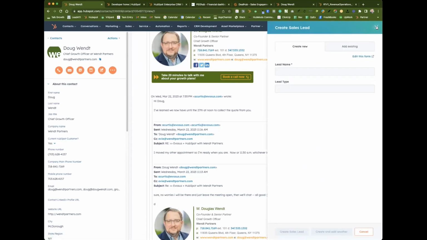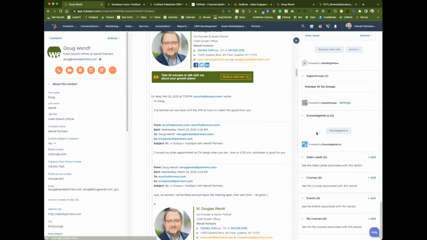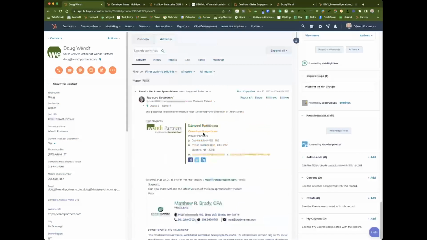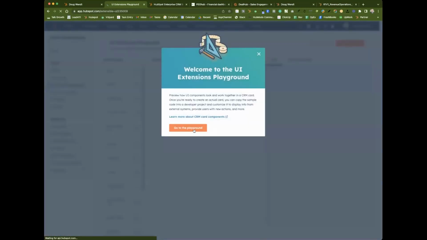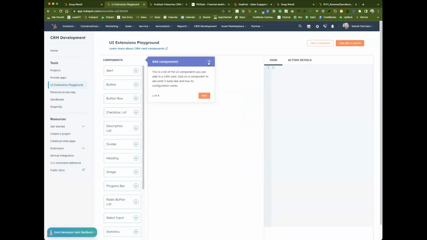So custom objects now can be created within HubSpot. I think that they really do a great job of guiding developers to give you a great solution, as opposed to somebody kind of tinkering around in there and hoping that it works. So I definitely think that this is one thing that is different, especially when it comes to HubSpot.